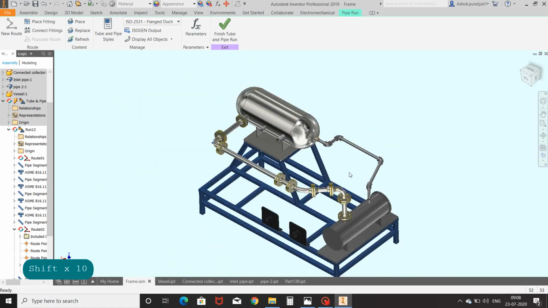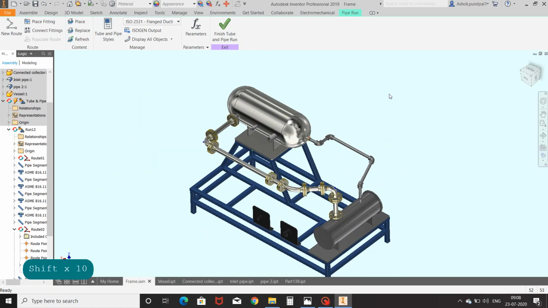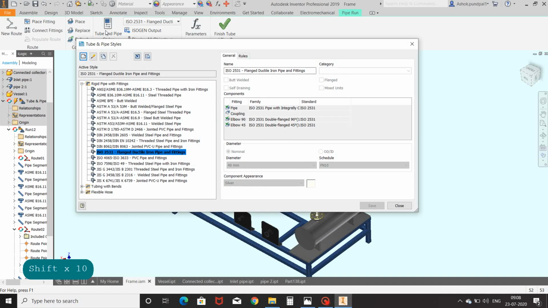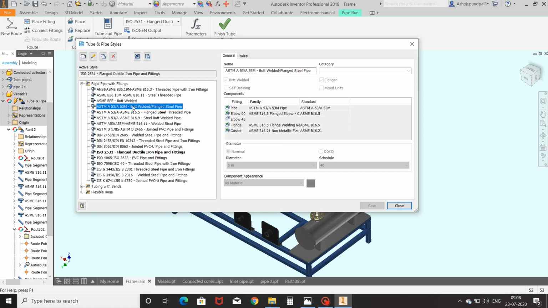We will see the next pipe style. Click on tube and pipe style. Now we will see ASTM A53/A type. Activate the style and double click. Fill required nomenclature as explained in the previous pipe style.